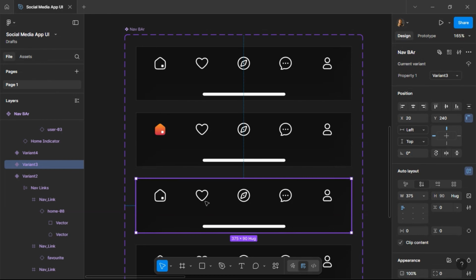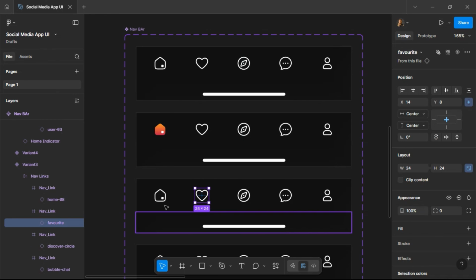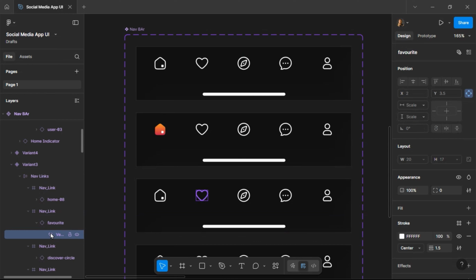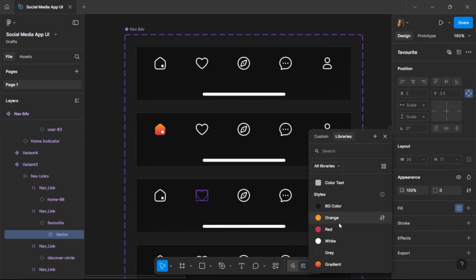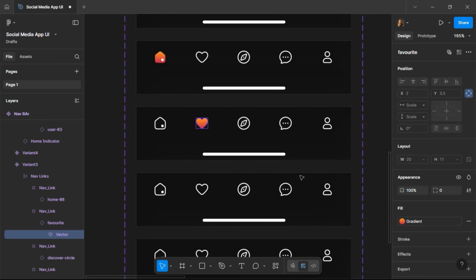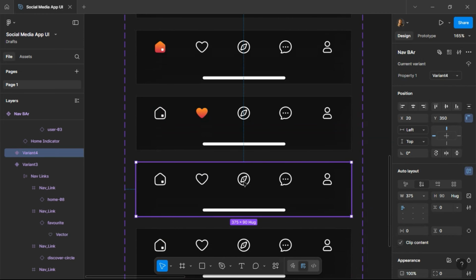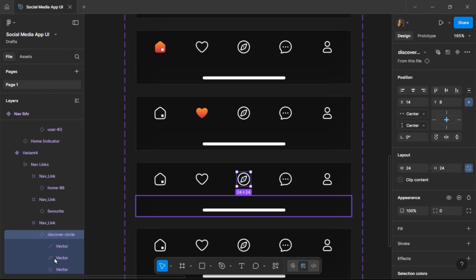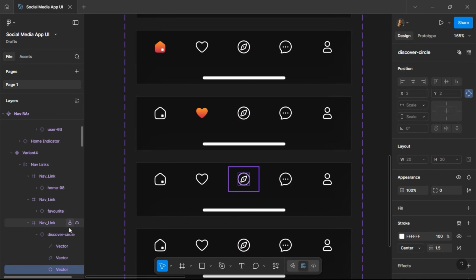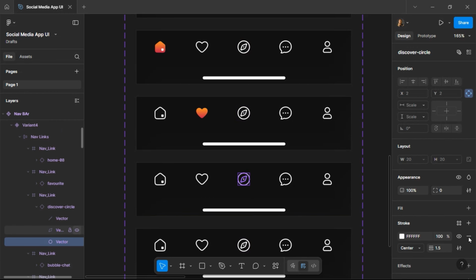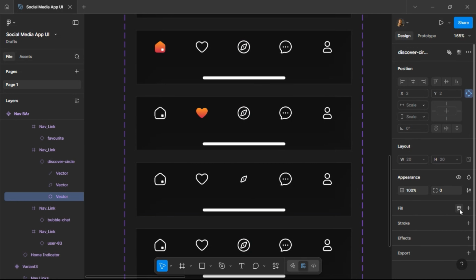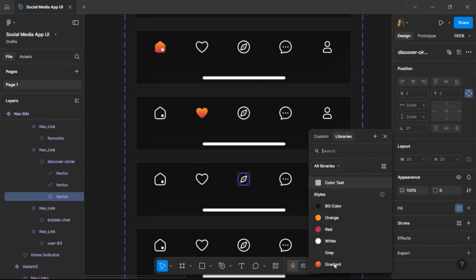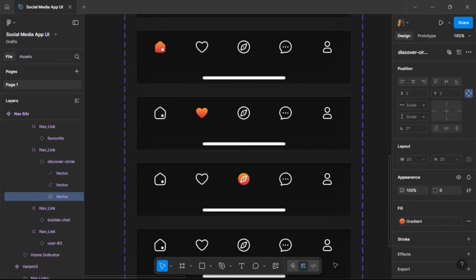For this also, I'm going to hit enter and make sure the vector is selected. I don't want the stroke, so I'll change this to a gradient fill. And I'm going to also come here, select this, remove the strokes, add this,